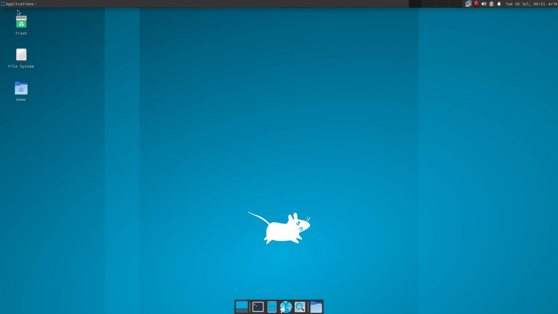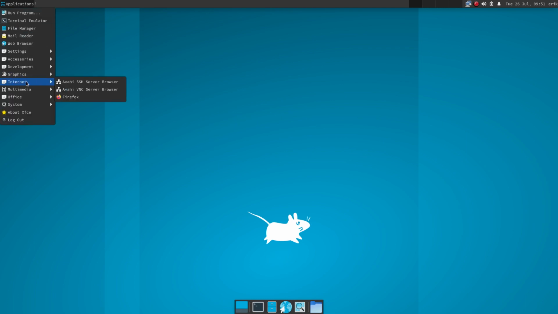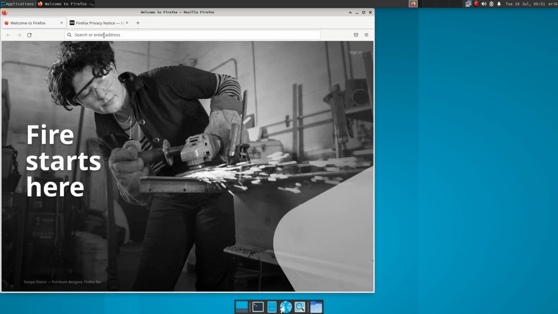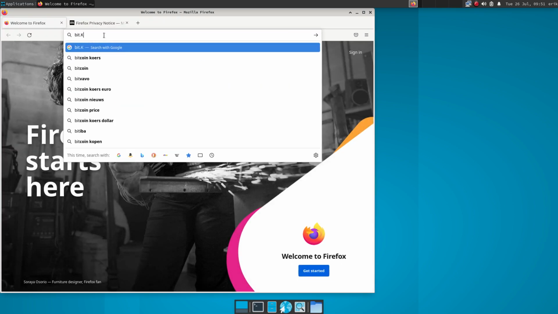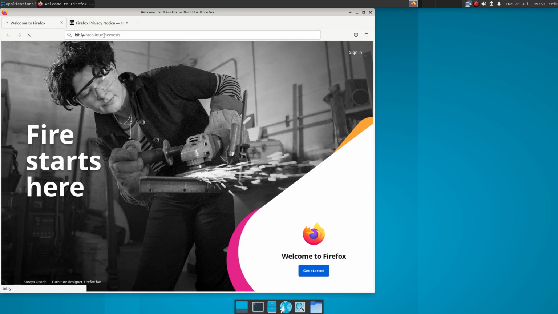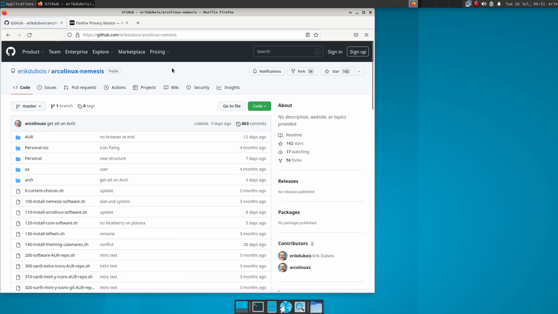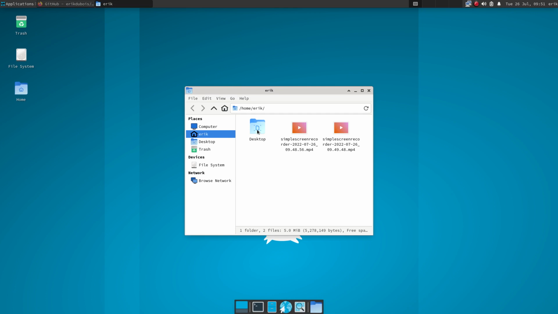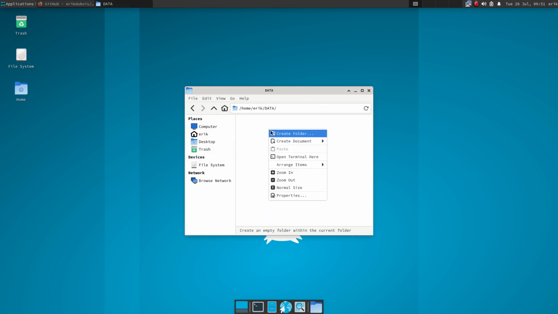Okay, Firefox is there. Now I did create myself something nice: bit.ly ArcoLinux Nemesis, to make myself a little bit easier. Voila, you get your code, and then you go in to your folder, and normally I use the data folder, and in the data folder